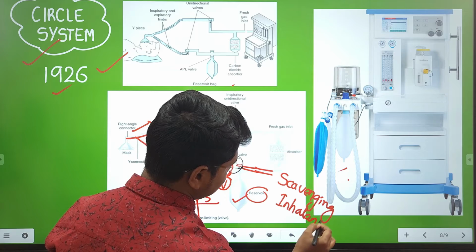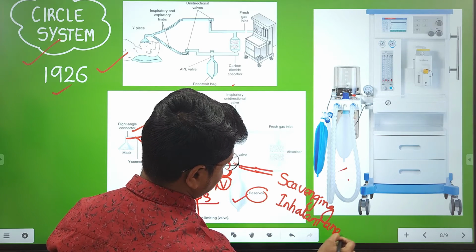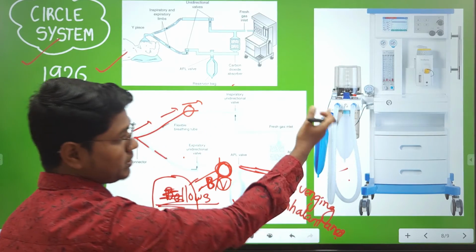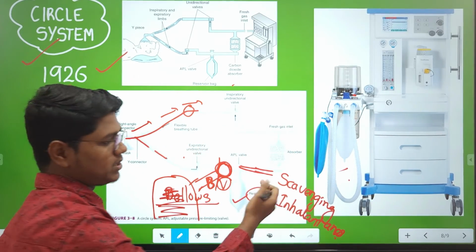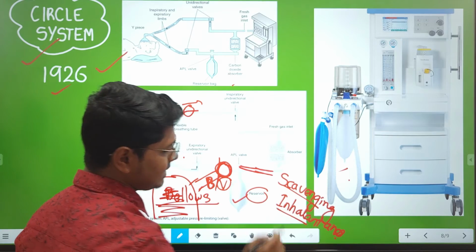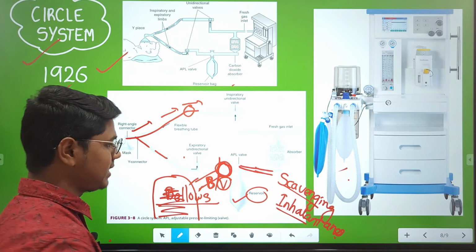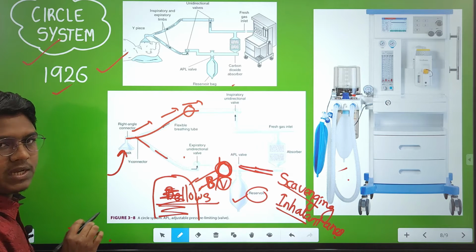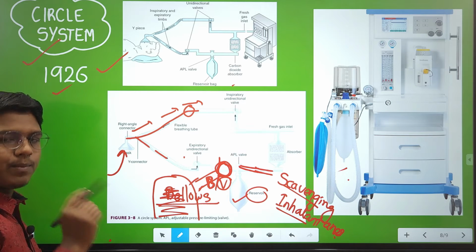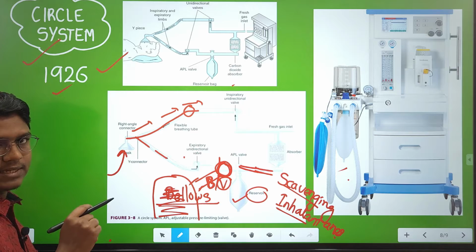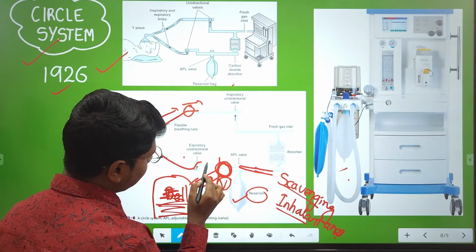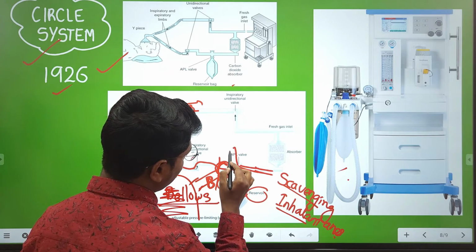Why is this necessary? Here, on the machine, you may not find the tube being shown, but there will be a tube which goes to the scavenging system. Why is it necessary? You see, when the patient exhales, it will carry not only carbon dioxide but also some inhalant anesthetics. So the inhalant anesthetic will come here, and through the APL valve it will go to the